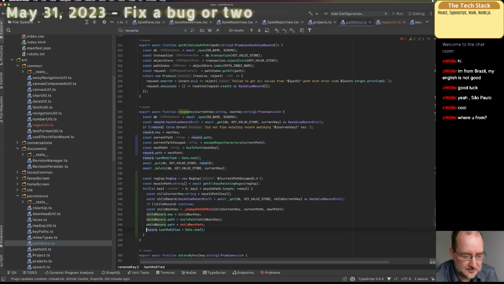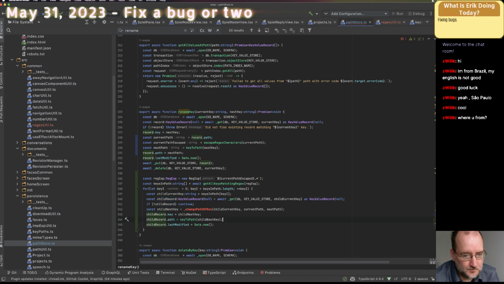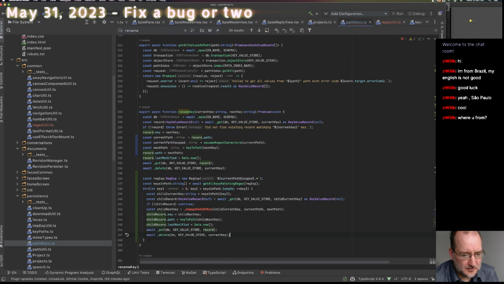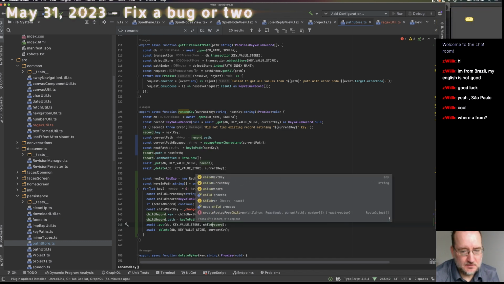So clearly I need to write a function that encapsulates it, but just for a moment, okay, then this stuff. Do I really want to update the last modified for all those records? That doesn't make sense. Let's just leave that. Okay. Child record.